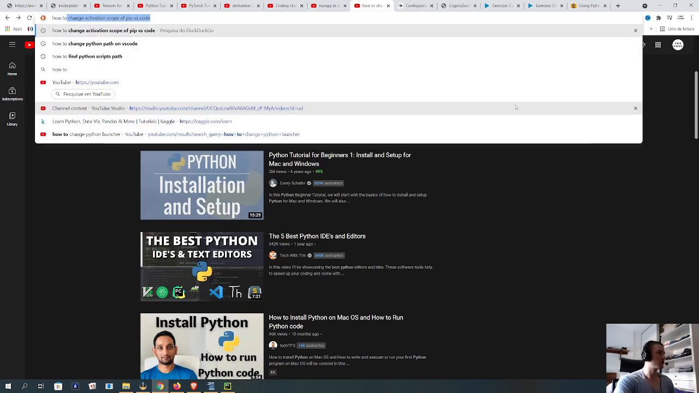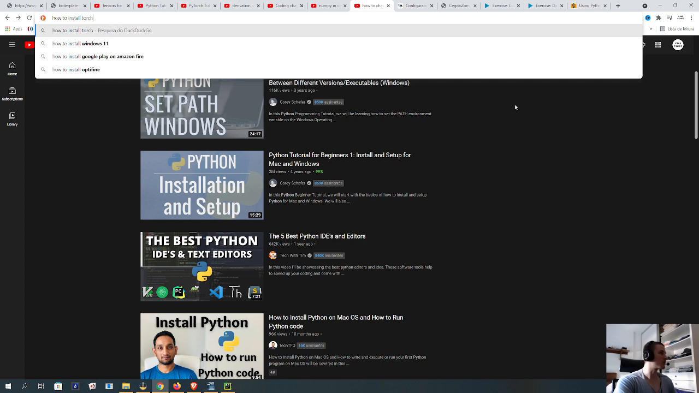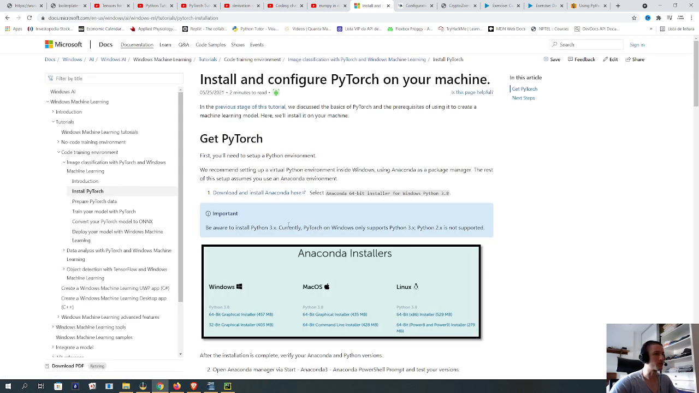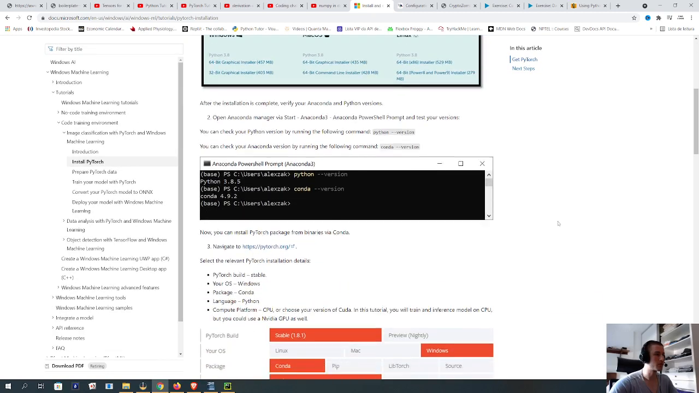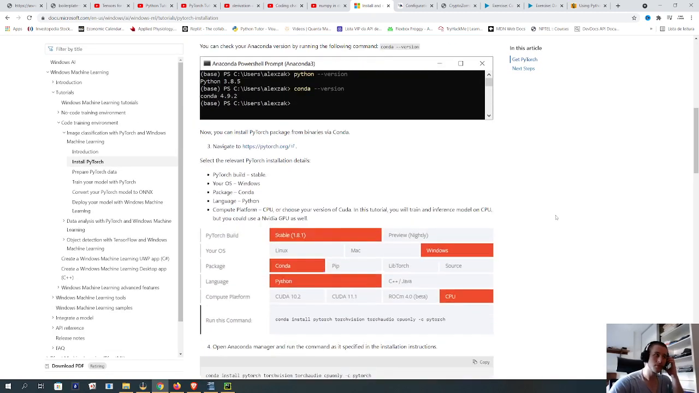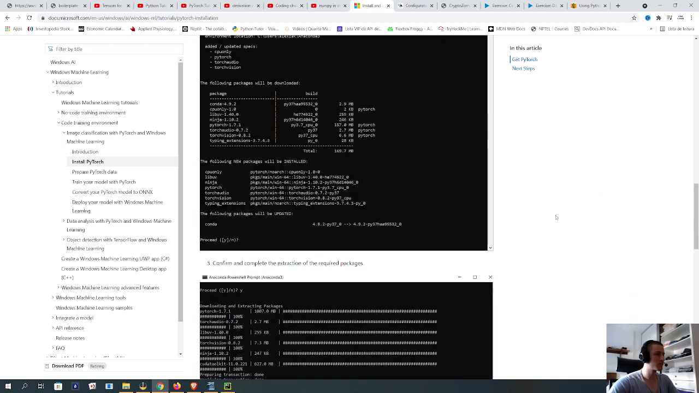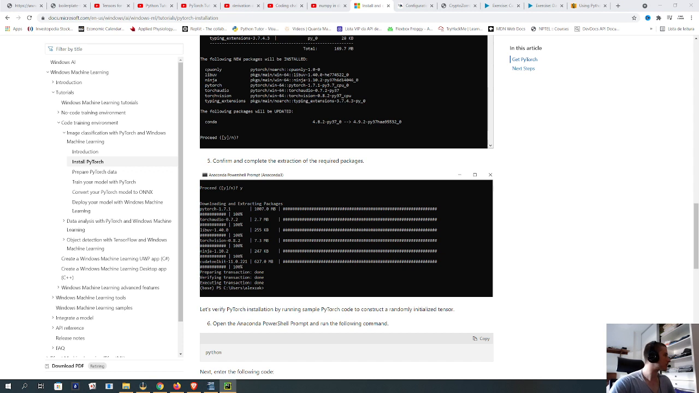Let's see how to install torch. This is the most annoying part of programming, setting up all this stuff. Maybe there's PyTorch instead of torch. Yeah, now it seems to be working, but